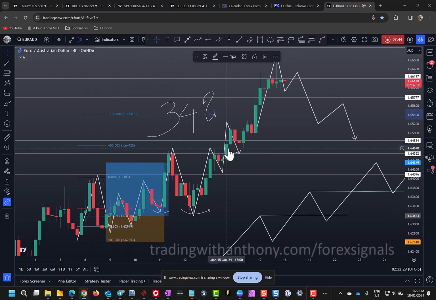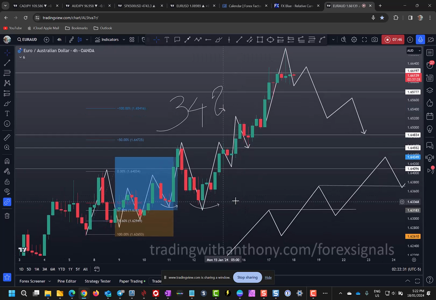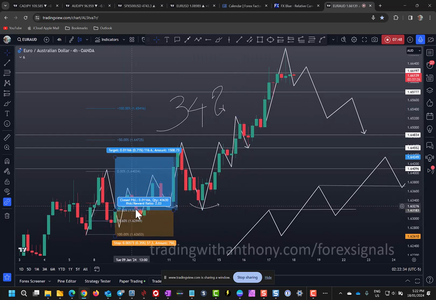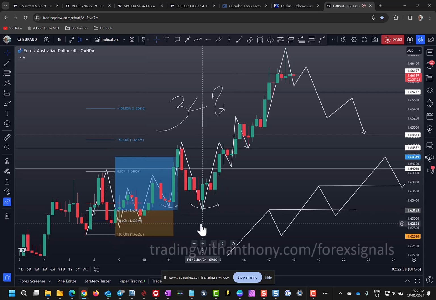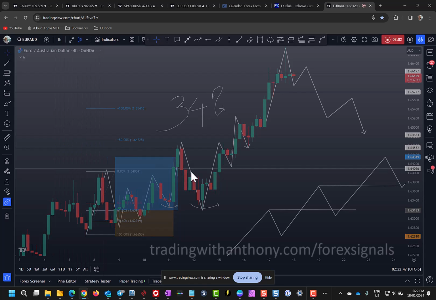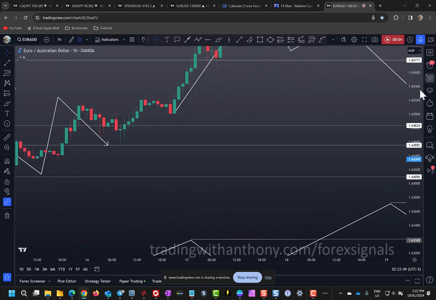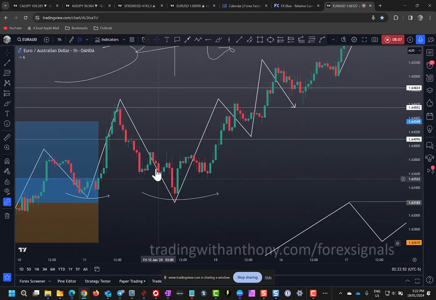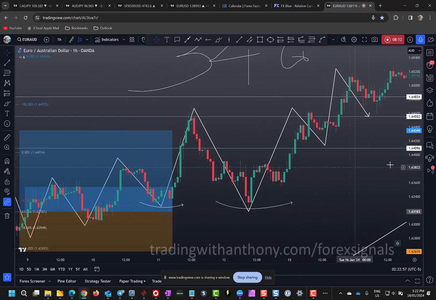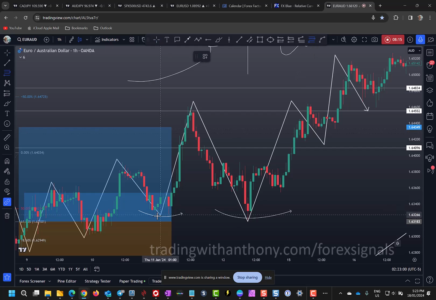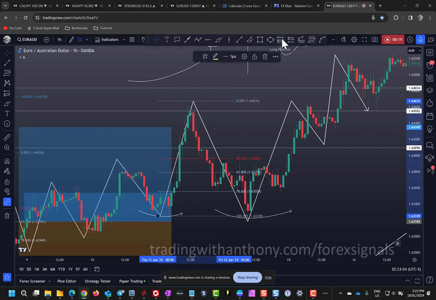Now, this strategy is great when you're not in front of the charts. You've seen the swing, and you set your limit order at the 61.8 fib zone, set and forget, and walk away. Now, if you're in front of the charts, well, I'll just go to the hourly first, and we'll have a look at that, and then we'll go down, and I'll show you what to look for in this situation, because the fib pullback here, for example, if we grab the fib from low to high, fib pullback, long position,